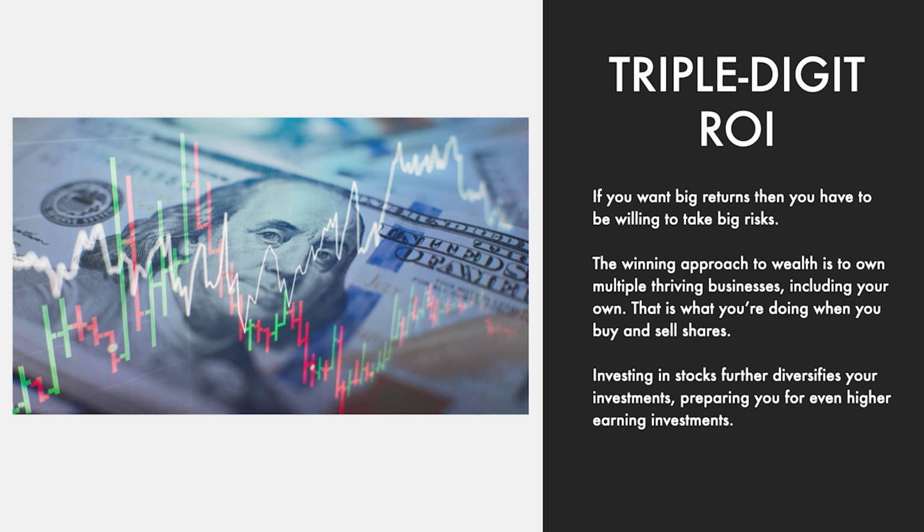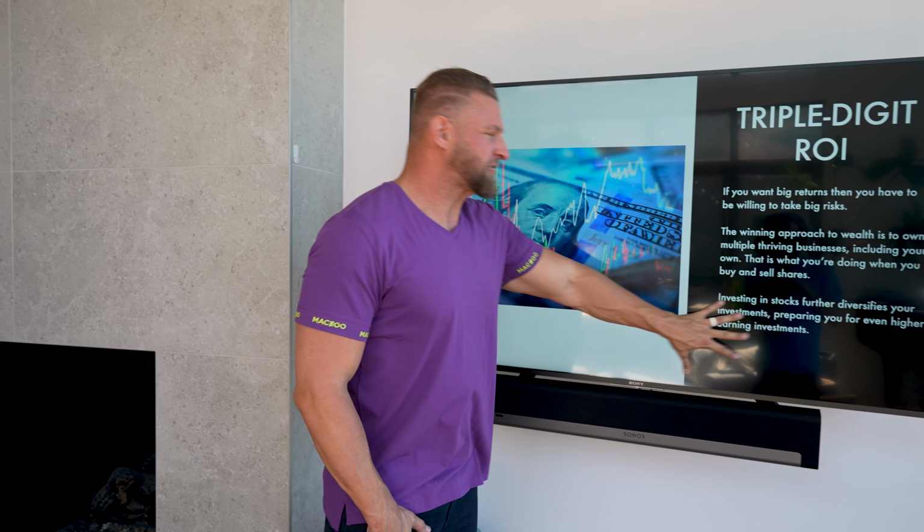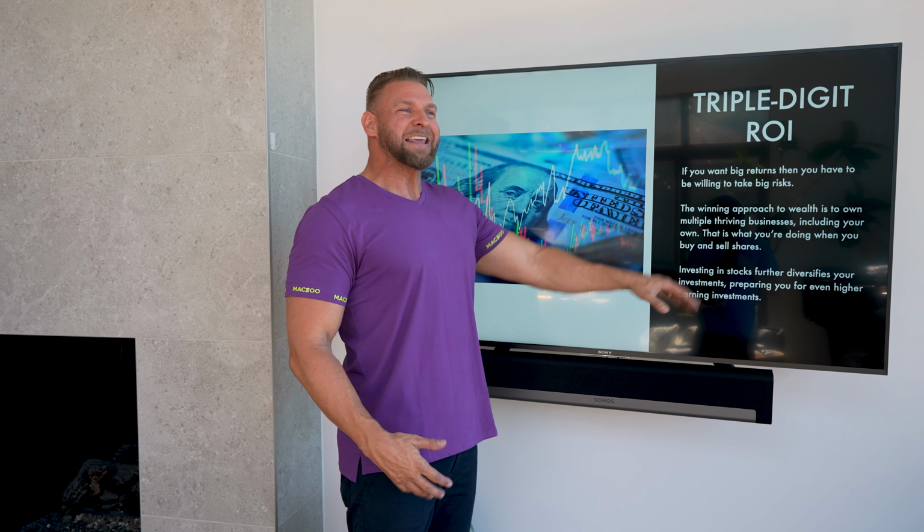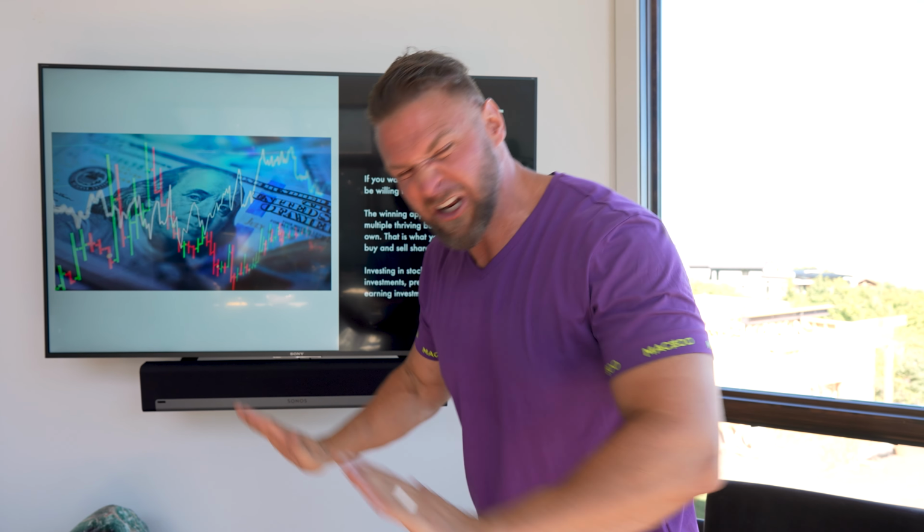The winning approach to wealth is to own multiple thriving businesses, including your own. And that's what you're doing when you basically buy shares in someone else's company. Now it's also really passive. This is kind of cool. And I'll tell you right now, some of the world's wealthy, yeah, they own their own companies, but what they're doing is they're very intelligently owning pieces of other companies that haven't taken off yet. They're down here, they've got disruptive technology, they're gonna go to the moon, and when they do, you make crazy,